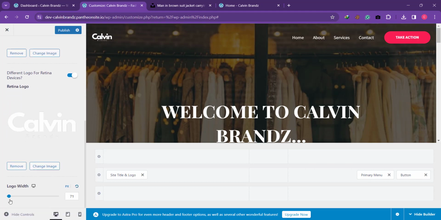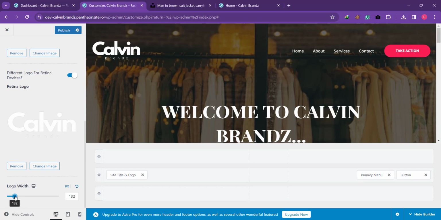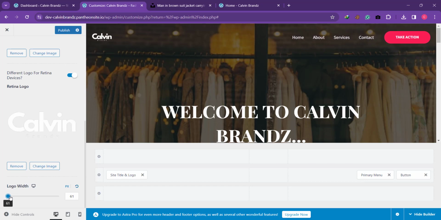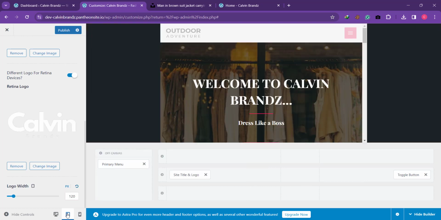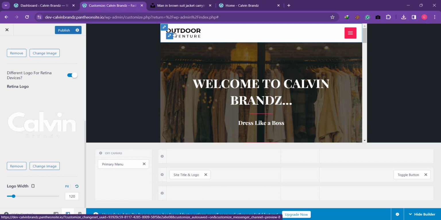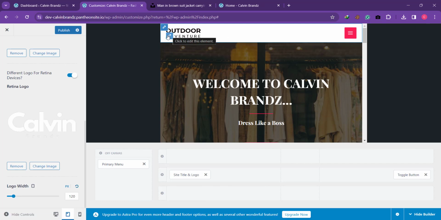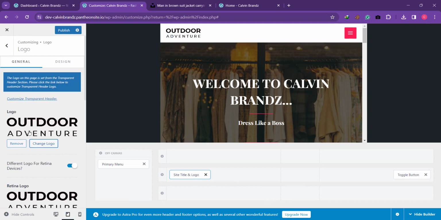I can even scroll down and decide to increase the size or reduce it. But I think I'm fine with size 60. But then if I come over to the tablet view here, you notice that you have the black color of the previous logo. So we'll click on this pencil here, this second pencil here, we'll click on it and go back to change logo,